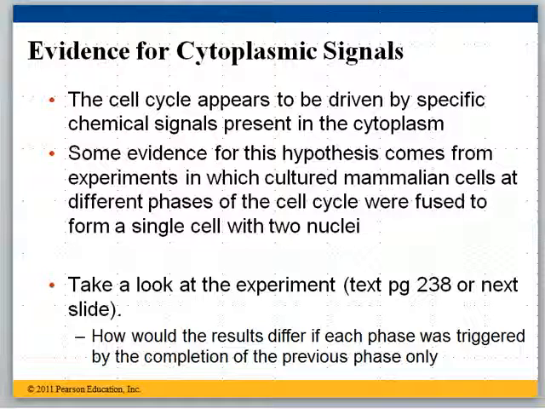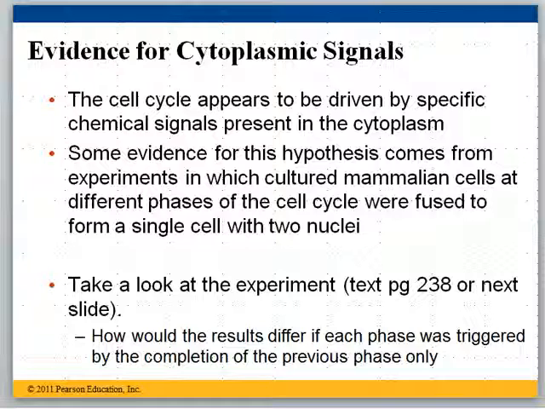For a long time, scientists weren't really sure of what controlled this process. How did the cell know which step followed the next step and how long to spend on each step? At one time it was thought that basically the cell wouldn't go on to the next step until the previous step was finished. For example, S didn't start until G1 was finished, and somehow the cell knew at which point it was in the particular cycle.